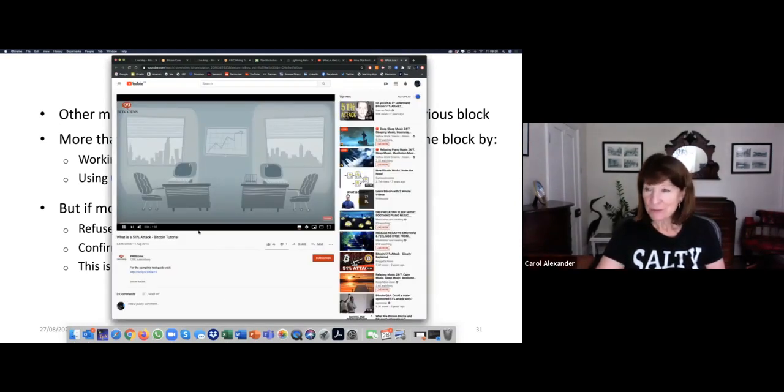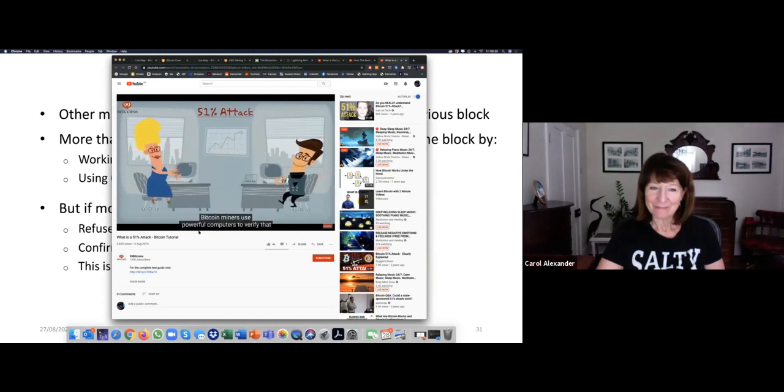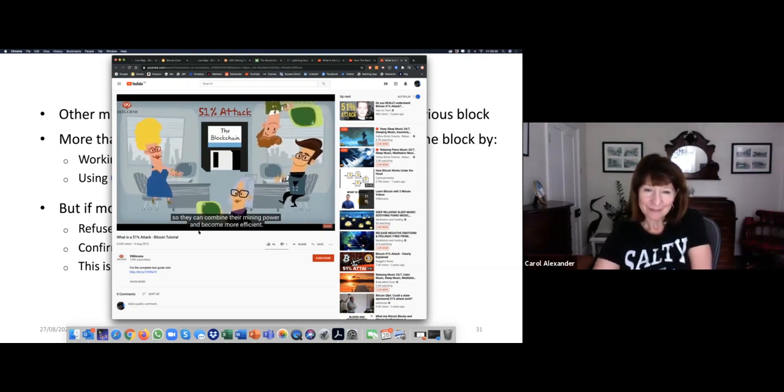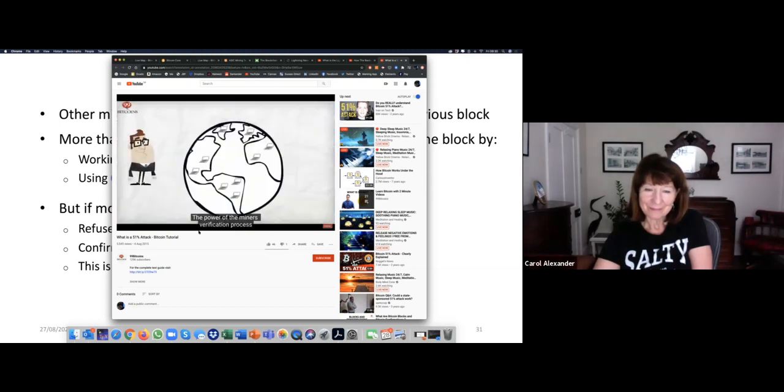It's quite short. You may have heard the term 51% attack, but what does it actually mean? Bitcoin miners use powerful computers to verify that each person who wishes to spend Bitcoins actually has Bitcoins to spend and isn't trying to fool the system. They do this by reviewing the blockchain, a digital file that documents every Bitcoin transaction ever made. Miners usually group together in mining pools so they can combine their mining power and become more efficient. The power of the miner's verification process comes from its